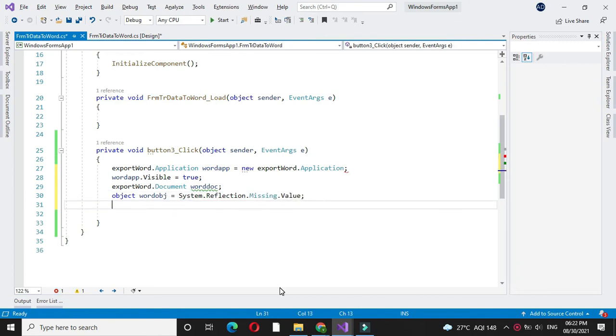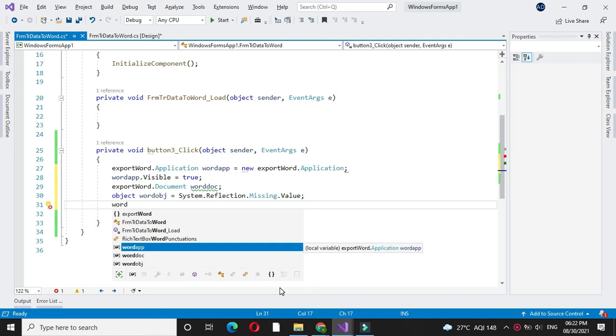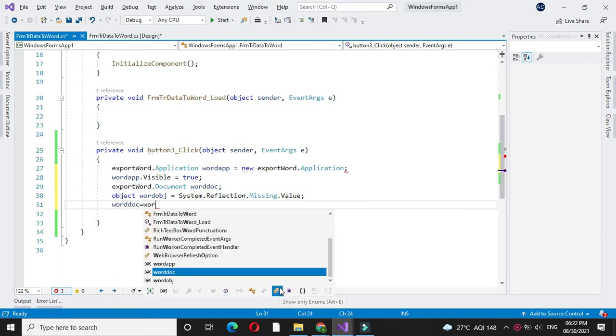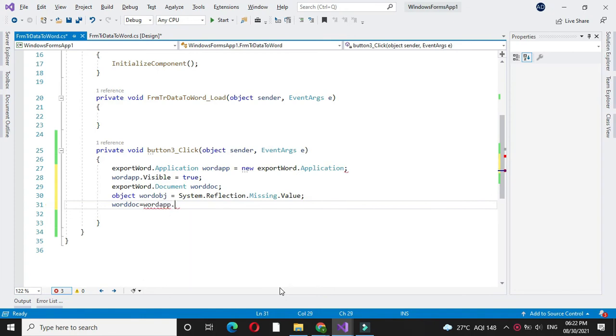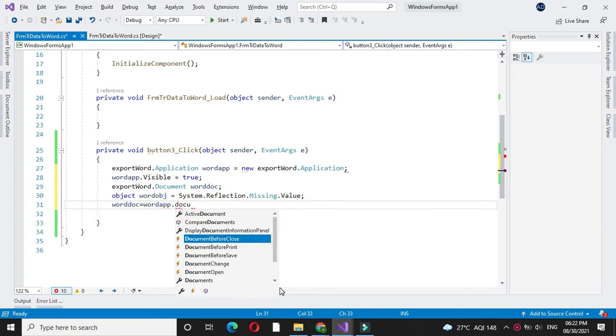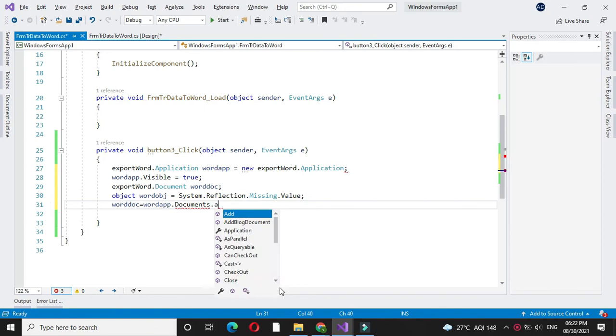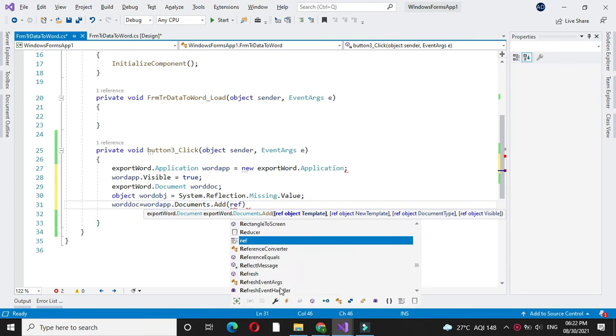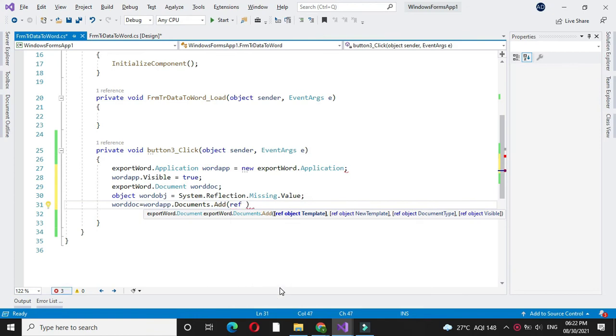Then we will create Word doc equal to Word app dot documents dot add, and we will pass our Word object as a reference. So reference ref Word object.